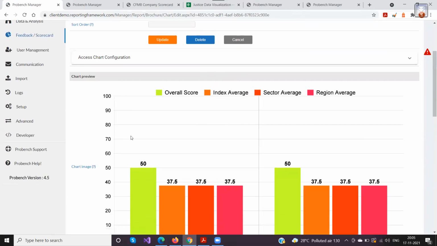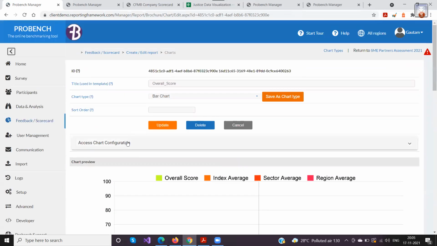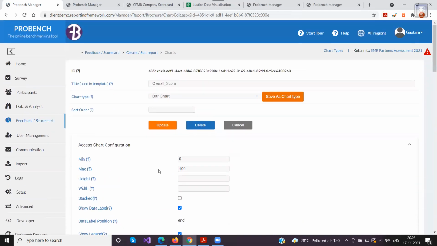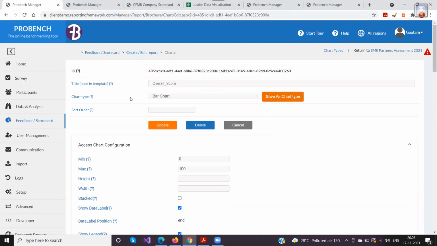Also, once you have configured a chart, and if you want to have that particular configuration for all the charts that you create, you can save your own configuration as another chart type. What you see here, like grid 0 to 100 or no legends, is basically a custom created chart type.